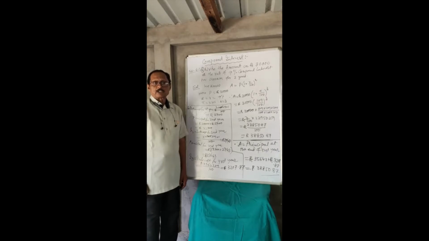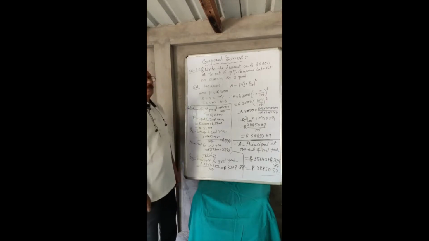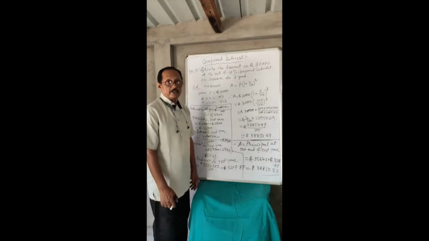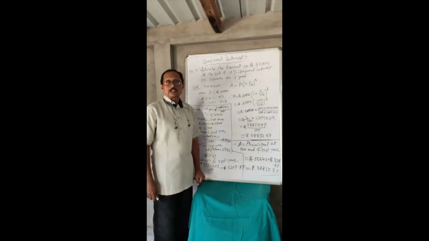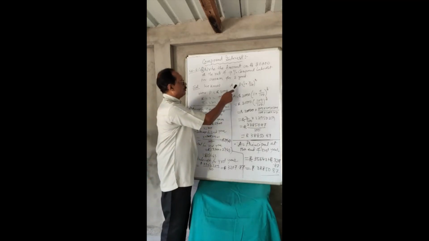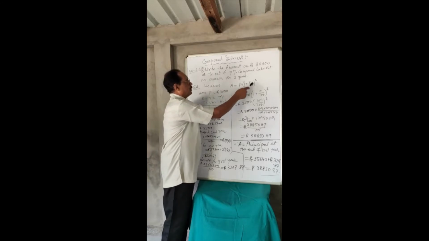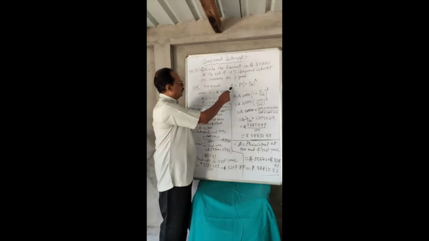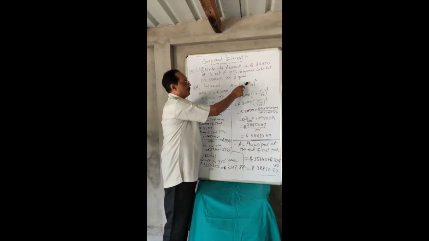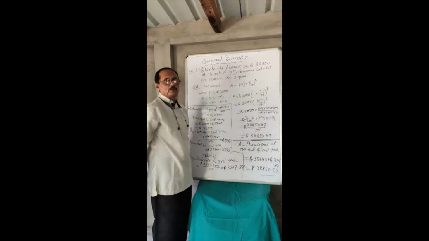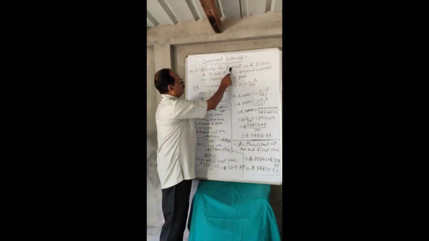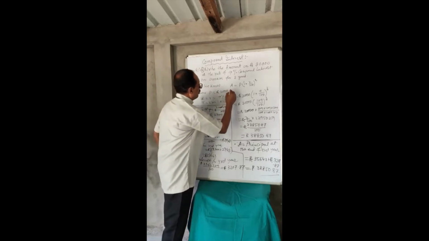After the discussion of yesterday's class on compound interest, we are coming to the solution of the problems of the exercise. I solved problem 1 yesterday with the help of the formula A is equal to P into (1 plus R by 100) to the power n, where A is the amount, P is the principal, R is the rate per conversion period, and n is the number of conversion periods. So in any problem, if you want to find the amount, you can use this formula.